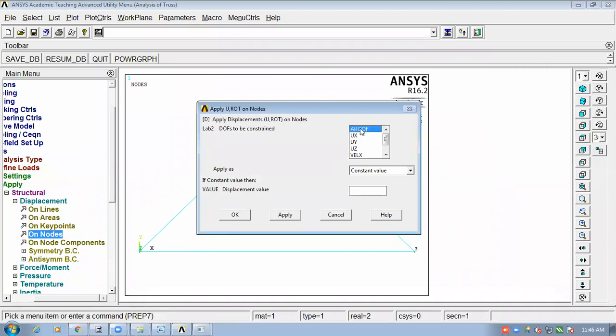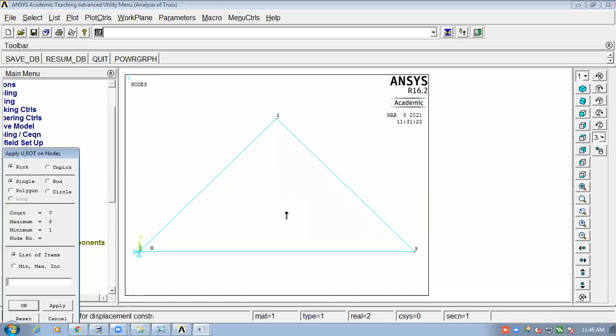This node is fixed. That means it can't move in any direction. So what I did here is, see, degree of freedom to be constrained. It is fixed, that means all degrees of freedom are constrained, right? And to what value have they been constrained? They are constrained to 0 value, right? So I'll just say apply, because I need to apply one more boundary condition, right? So I have applied. When I say apply, you can see this horizontal and vertical triangle appearing at node 1, right? Is it okay?